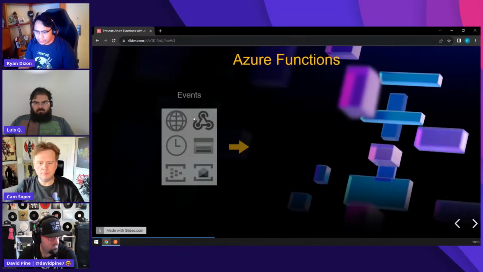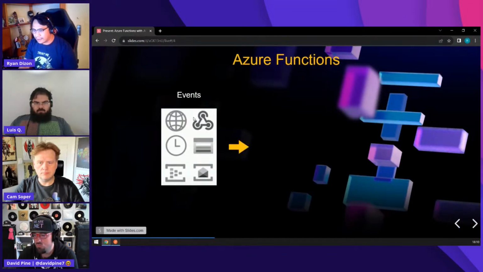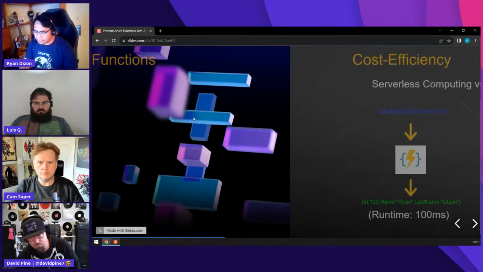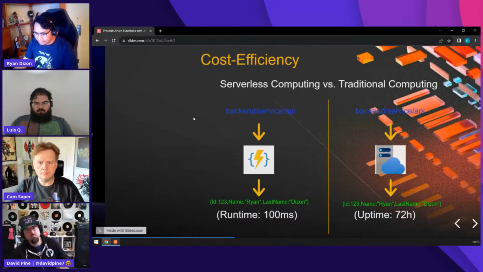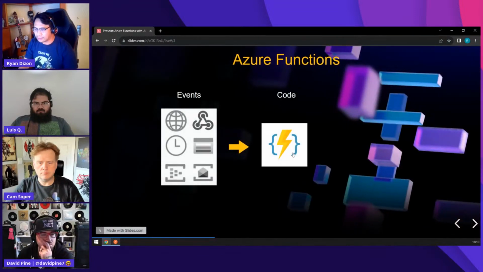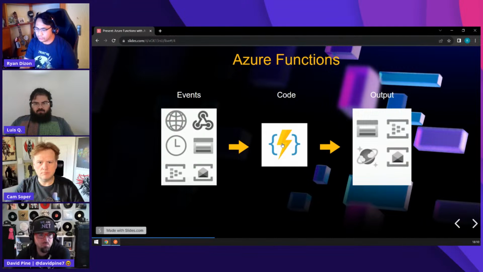And when we talk about functions, we have an event that causes the function to be invoked, a piece of code that actually does something with that, and then of course there's an output for that. It can be different programming languages here.